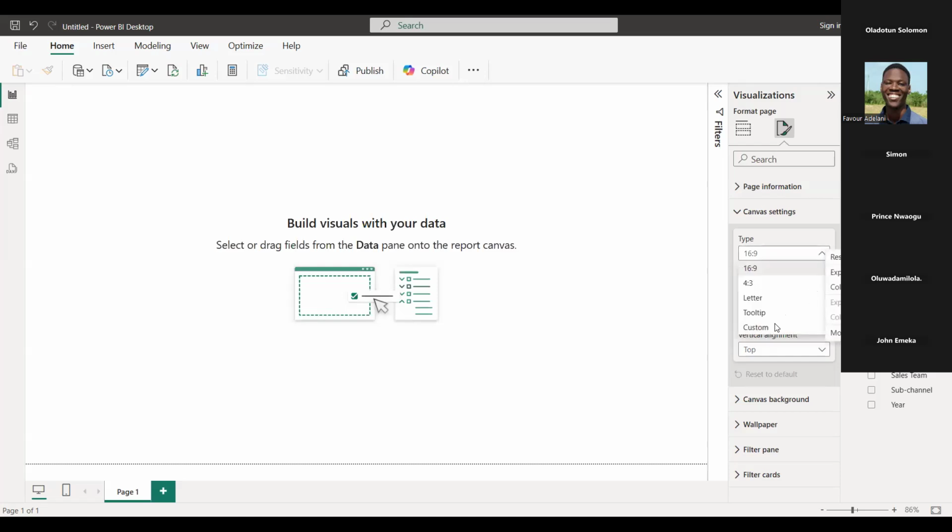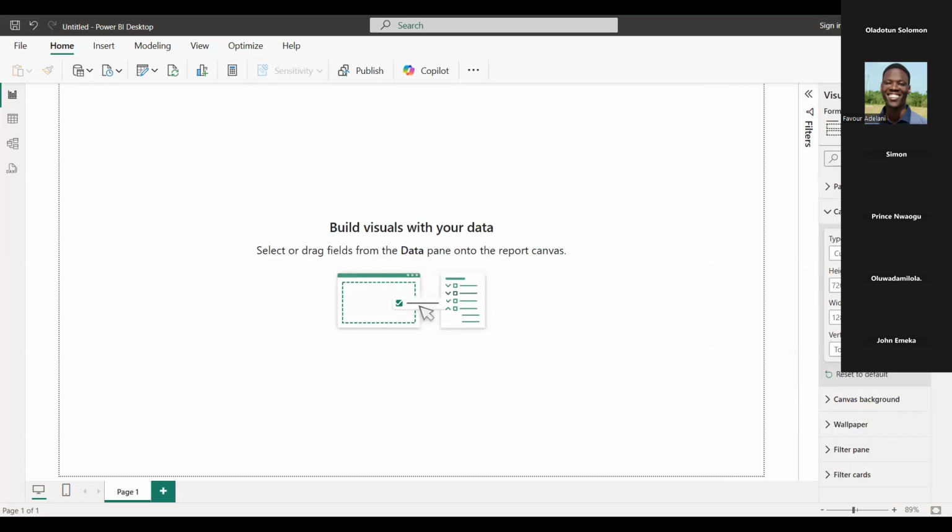Okay, from here, then I'm going to select custom. Now, what does custom allow you to do? Unlike all the other canvas ratios, when you select custom, you are allowed to define the height and the width of the canvas to your own preference. So I'm just going to collapse the data pane. Now, if you notice, beside these dotted lines, we still have a little bit of space in between, on the left, on the right, and down beneath.